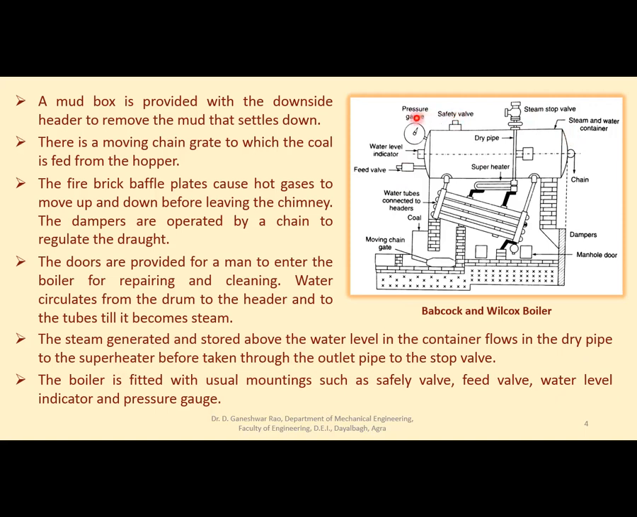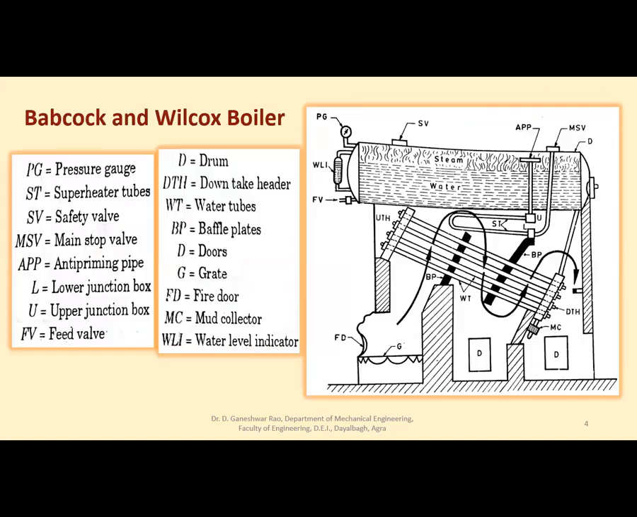These are various mountings fitted. So this is a clearer diagram. You can see here all these abbreviations. You can see pressure gauge, I have already shown, superheater tubes, safety valve, here main stop valve or steam stop valve, anti-priming pipe